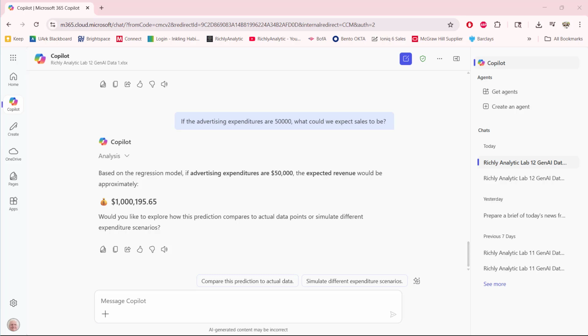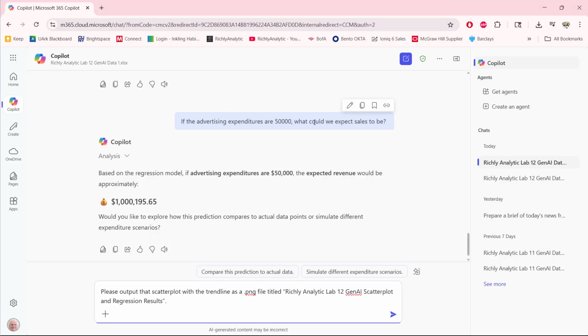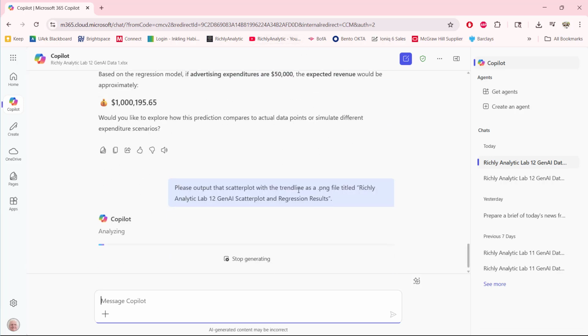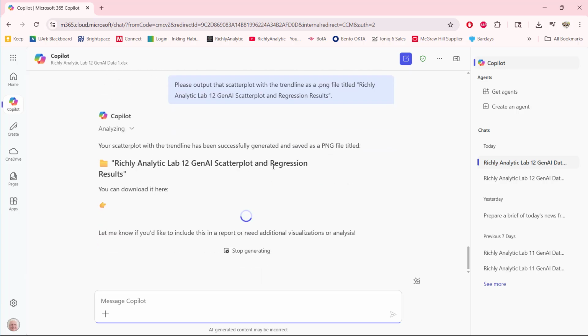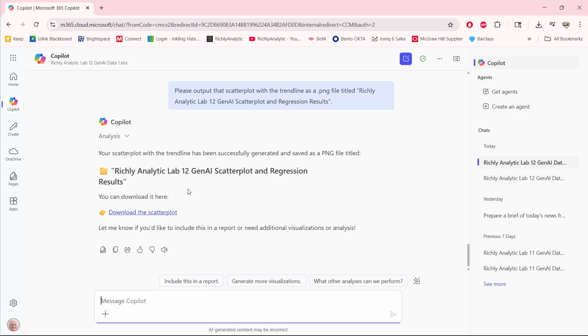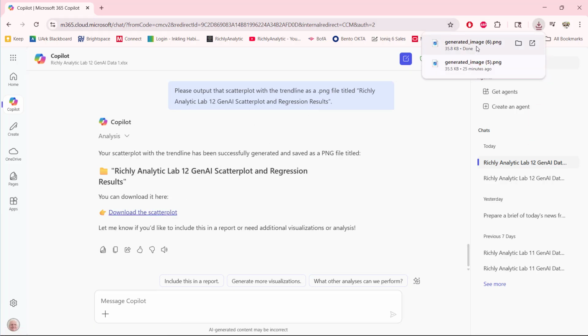Now I'm ready for some outputs, so I'll go ahead and ask it specifically for outputs. In this case, it is a little bit different from ChatGPT. I like a really detailed description of what the file would look like, specifically the name. Here it says download the scatter plot, which I'm downloading, but it just gave me a generated image and not the specifics. Because I run so many of these, it'd be really easy to get confused one versus another. So I really like carefully saying the name, but it doesn't look like it does that quite yet, unless it is a Microsoft Office file, right?